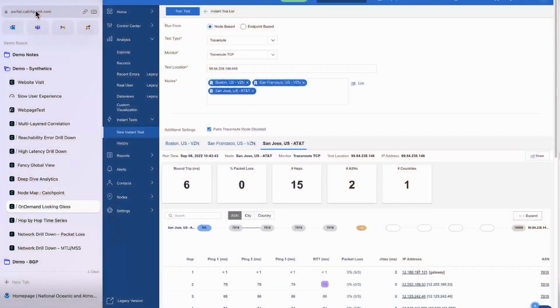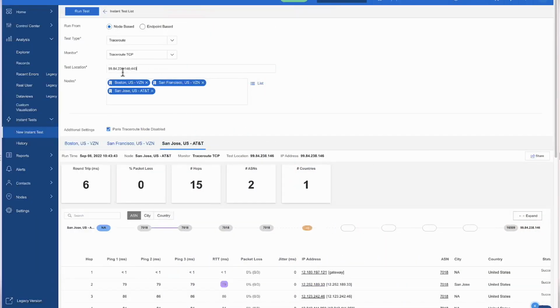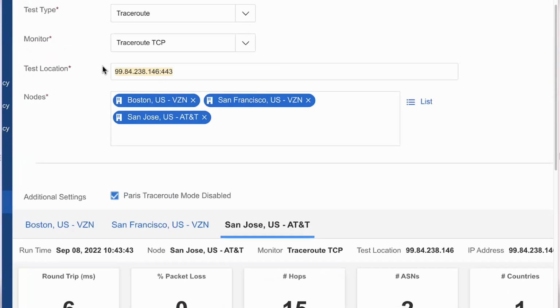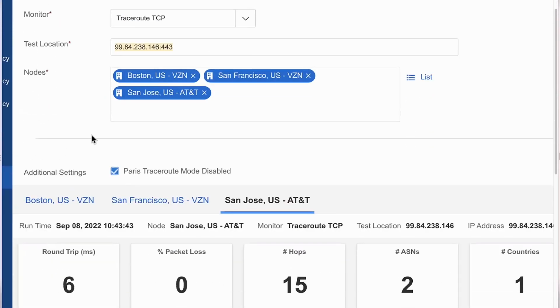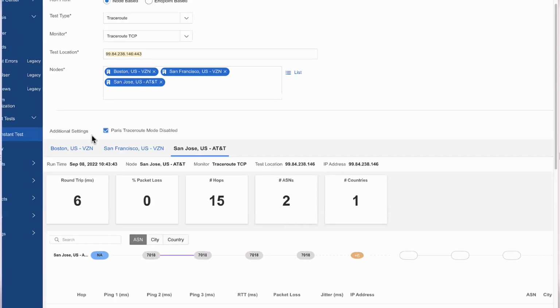And these are not only just trending charts running behind the scenes. It is that looking glass type look to say, I want to target an IP on port 443, and I want to run that from this agent, this agent, this agent. I want to hit run test and have an on-demand perspective if I'm trying to troubleshoot something